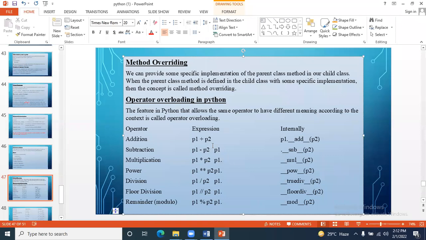Similar to that, we have the sub function that we can use for the minus symbol, and the mult function name that we can use for star. POW is there for double star, like that. All these function names they have created for us automatically, and we need not mention or remember these things. Our job is only to use this one, and we are learning